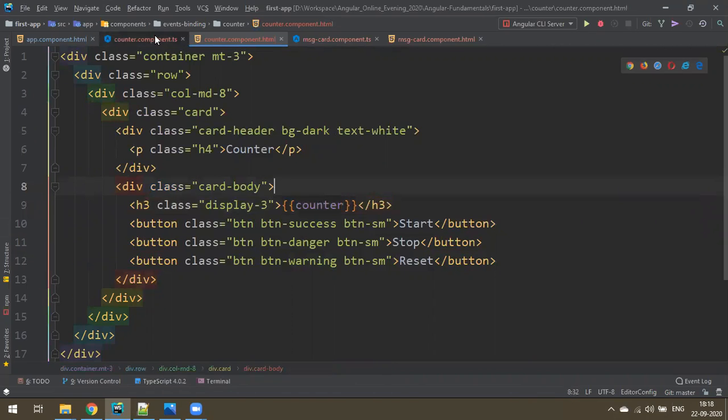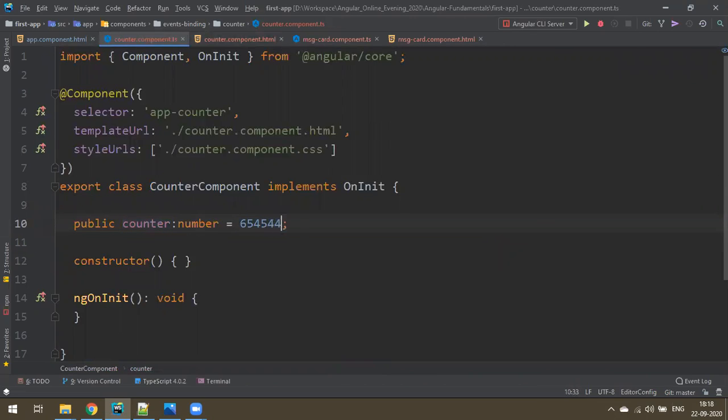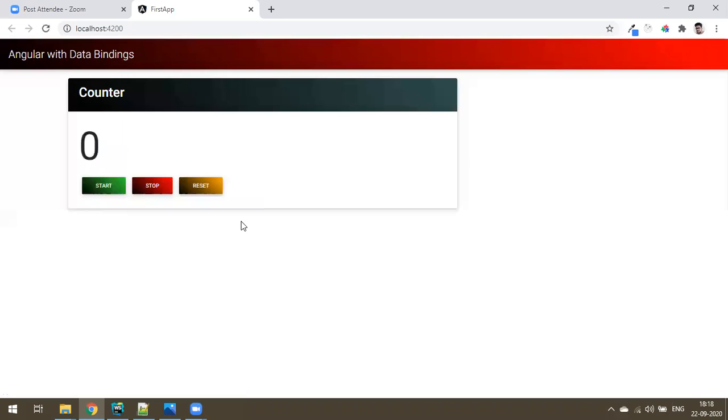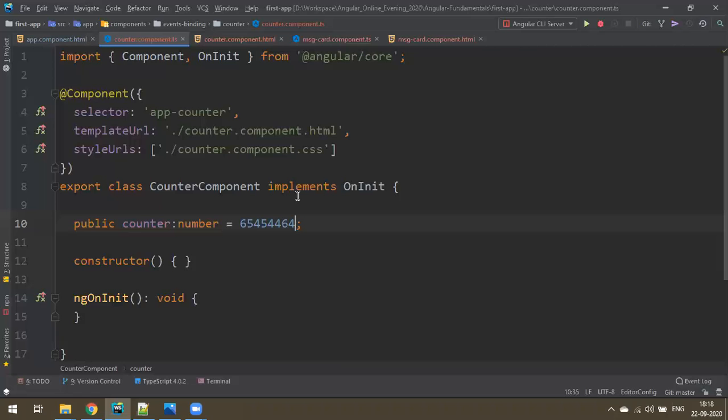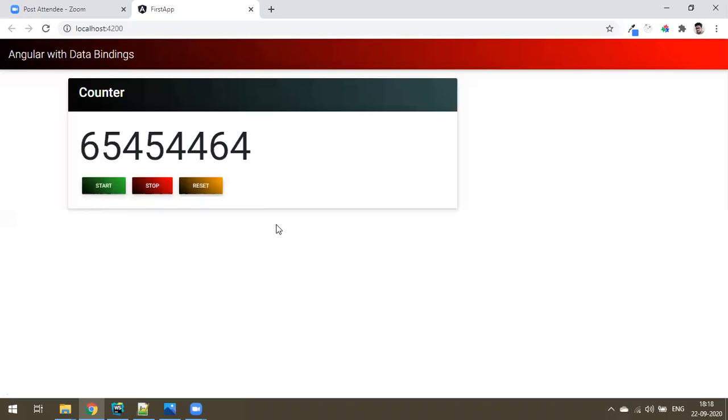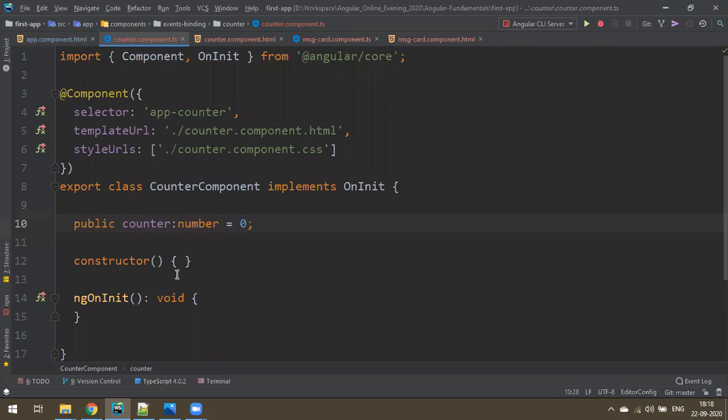So it is binded. You can check, you can just make some bigger number. Okay, so that it automatically updates to bigger number, right? So now it is binded. So I start with 0, so it's 0 now. Okay, now it is binded. So however you change the value, it updates fine. Now what is my plan is, when I click on the start button, I create a method that keeps incrementing my counter at a certain interval. Generally we use in JavaScript set interval. Okay, so let's do that step now.